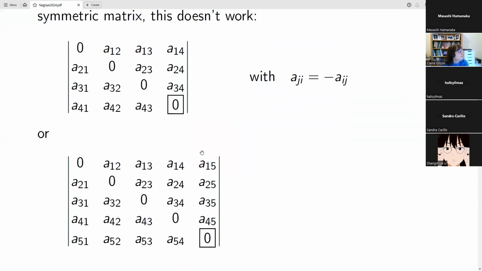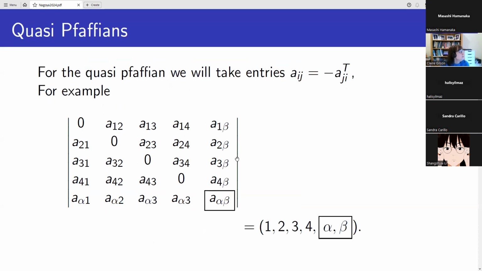Well, you could say, what happens if I try something else and instead I take a bigger one? So this is a 4 by 4, but if I make this 5 by 5, then I've got something perfectly good for my inverse sitting here. But the outside rows are also making up a Pfaffian. So in the commuting case, this time I get that the 5 by 5 Pfaffian vanishes. So this kind of approach won't give me anything, but you can actually do something with a slightly more subtle approach.